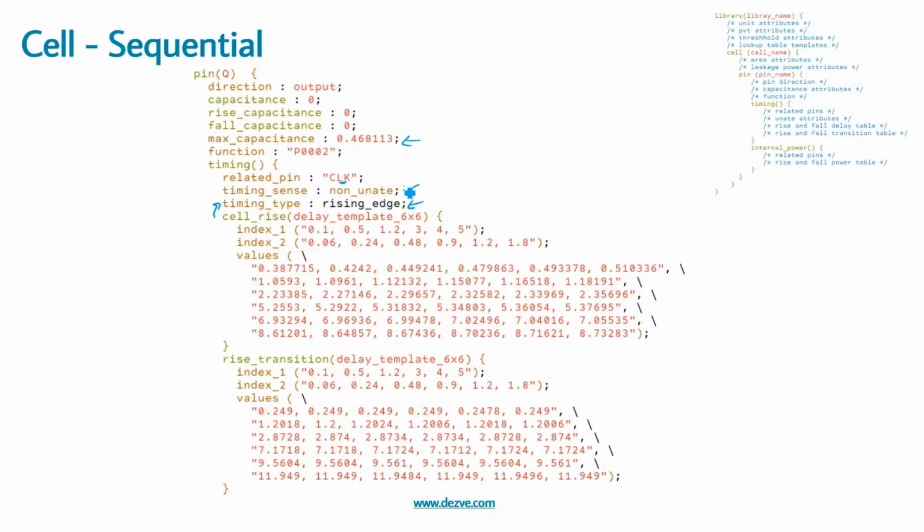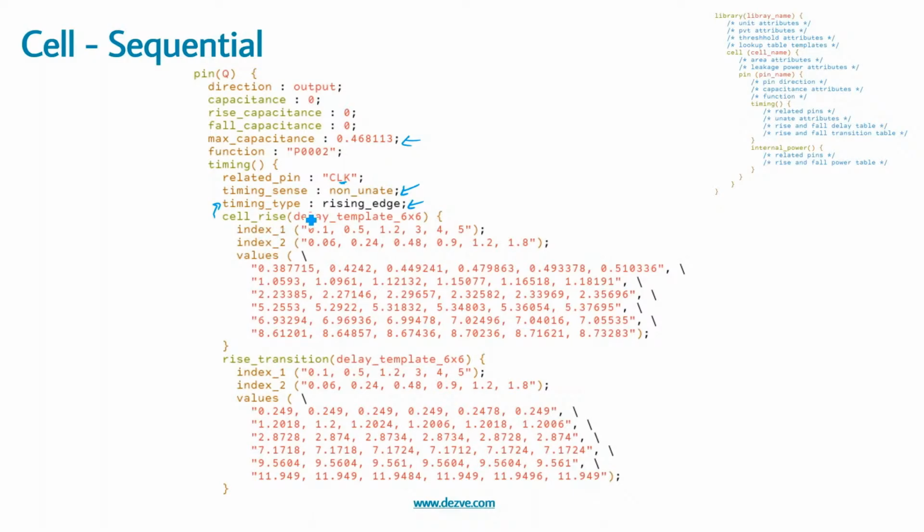Now again, if you see, the timing sense is non-unit because any edge can cause a value of 0 and 1 at the output, and that is dependent on the D pin, but that D pin is latched within our network, and the last value will be available at the output after the clock to Q delay. So that clock to Q delay is basically this value, cell rise, cell